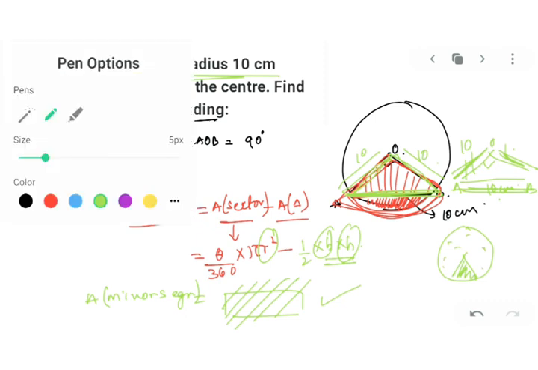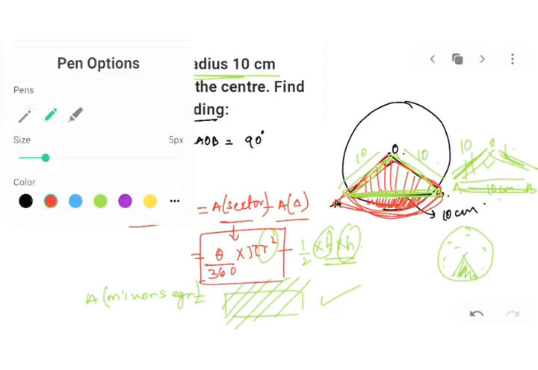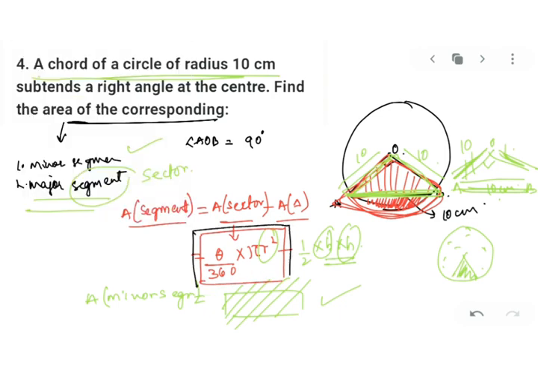Now you have already found the area of minor sector here. Getting my point? This is your area of minor sector. तो ये आपने एरिया ऑलरेडी निकाल चुके हैं, एरिया ऑफ माइनर सेक्टर. Now you have to just subtract it from 360. From the area of circle, I'm so sorry. From the area of circle.